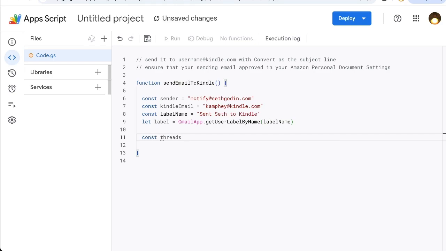This is what's called emails in Gmail. They're threads, and every part of a thread is a message. So there's a thread, and if you only have one email in the thread, that's the first message. This is equal to Gmail